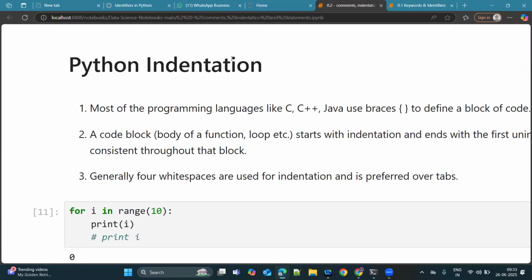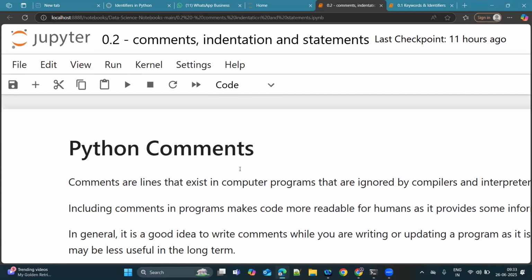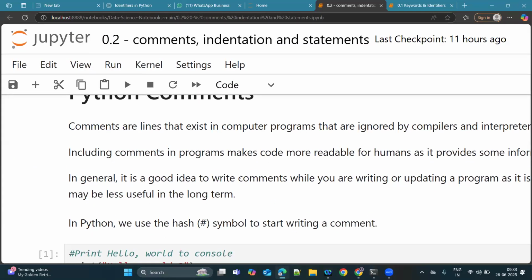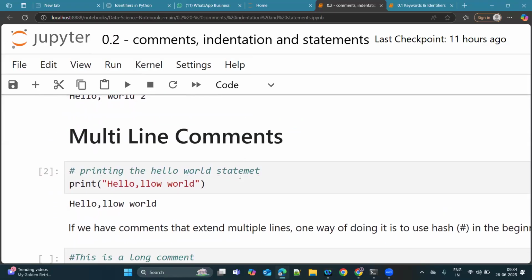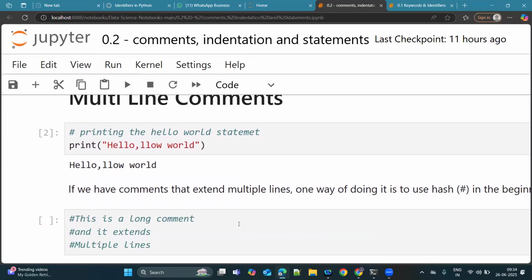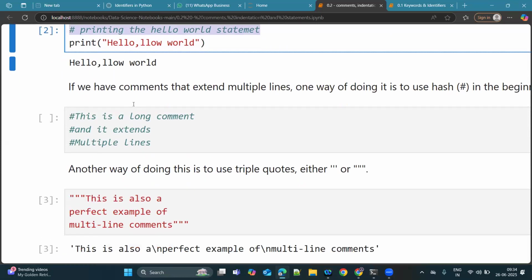When it comes to Python comments, in general Python comments are written to know what the program does exactly. And at the time of revision, these comments will help us know what the code is exactly. And multi-line comments. For the single line comment, we'll be using a hash in the very beginning. But when it comes to multi-line comments,